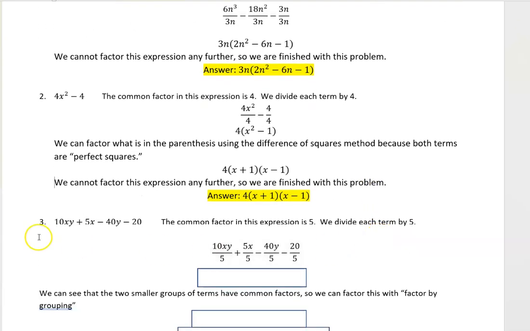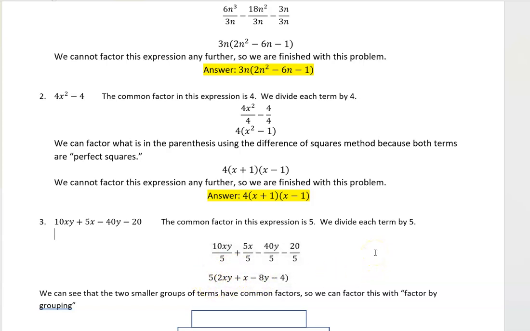Okay, for the third example, we have 4 terms. Typically, when we're thinking of 4 terms, we are thinking of factor by grouping. So that's what we're going to do here. But first, I can see that there is a 5 in every term. I can also see that these 2 terms have an x and these 2 terms have a y. But what I'm interested in is what's something that goes into all the terms, and that is 5. So I'm going to divide every term by 5. And the 5 was left outside. If I was to go back and distribute 5, I could get back to what I started with, 5x, -40y,